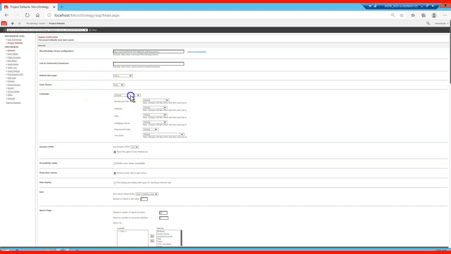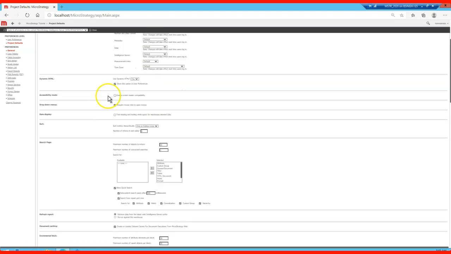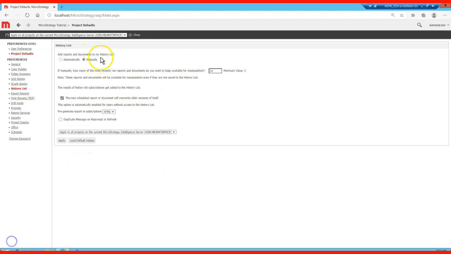Default start page, and your default language, whether that is the default language or any other language, you can also configure it from here based on your user language. Accessibility mode, to enable screen reader compatibility or not. There is also a history list setting, so you can add your reports automatically into your history list, or you can add them manually.